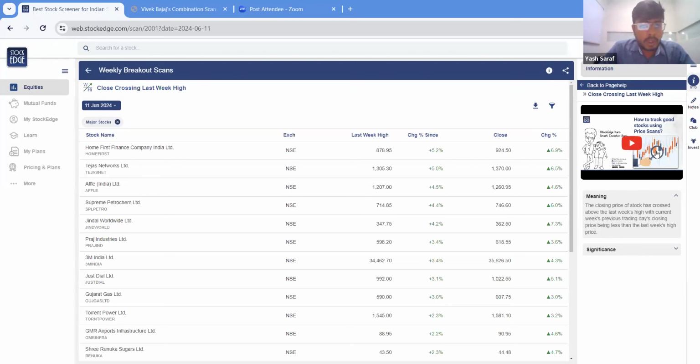It is very important for you to understand which scan you are referring to, because obviously you will be filtering out stocks from that respective scan. So every scan has its own specific interpretation. Now for example, if you are looking at a weekly scan and, based on that, you are building a long term position, so